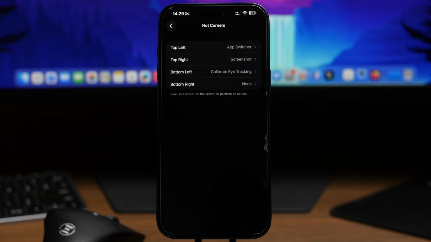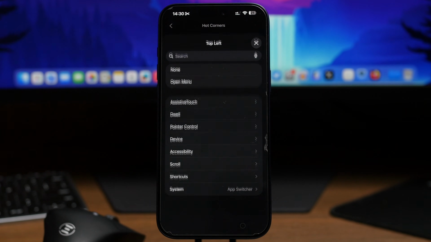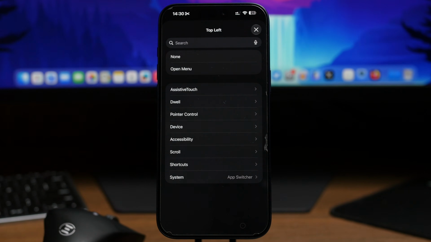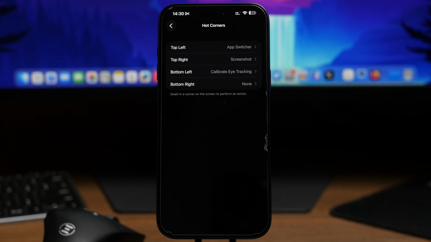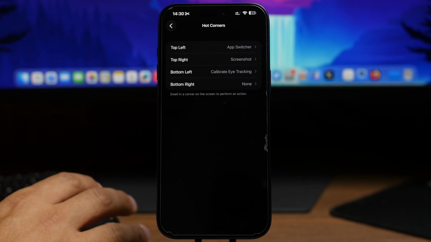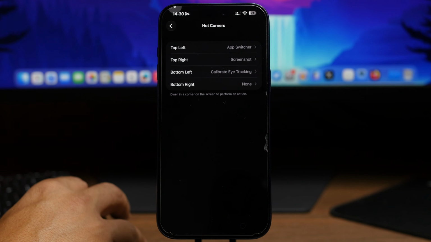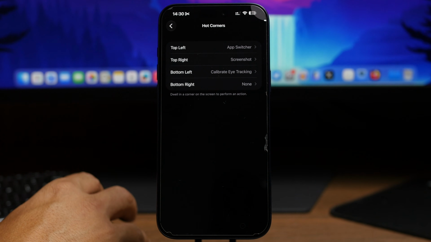Now right here we'll have all the four corners of your device. So you have top left, right, bottom left, right, and you can go ahead and choose what you want to do there. So you will have a few different options. You can even run any shortcut that you want directly from here. So you choose which action is performed on each of these corners, and then all you have to do is just move the cursor to that corner, and you leave it there for the amount of time that you